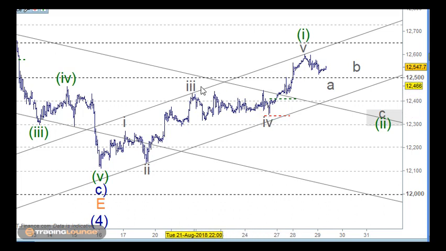So finishing in 3 waves must make it a triangle pattern. So from wave 3 to wave 4 must be a triangle pattern, and triangles only occur in wave 4s or wave Bs. That's why I'm calling it in here. And then we're looking for this to be the 5th wave up through here. Now, it looks like it can be counted as wave 1 and 2 and 3 and 4 and 5, but it's possible for it to also have another little move up here. This is what I'm not quite sure about, I've got to get my head around it. It's possible to have another little move up to here. And not that it matters at this stage, because